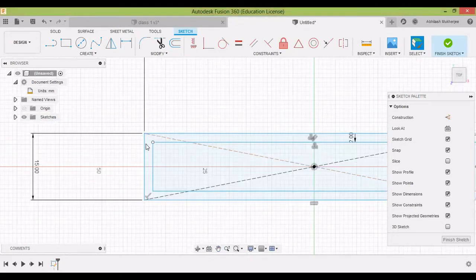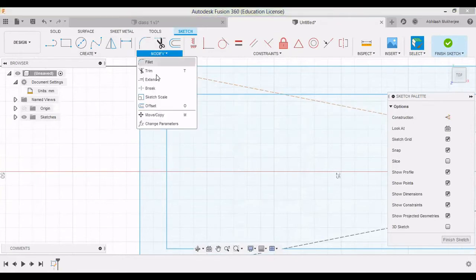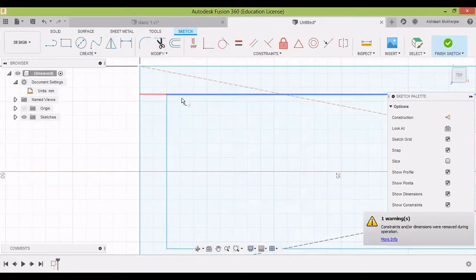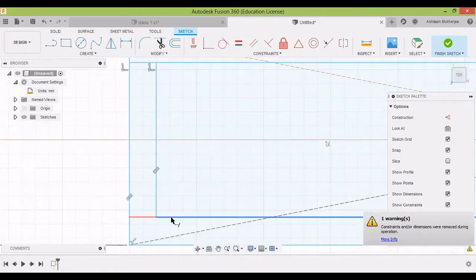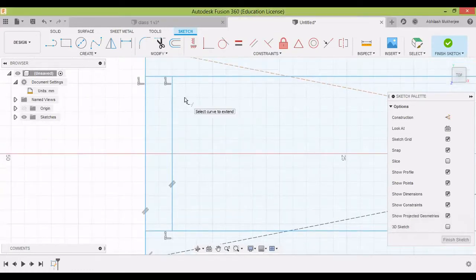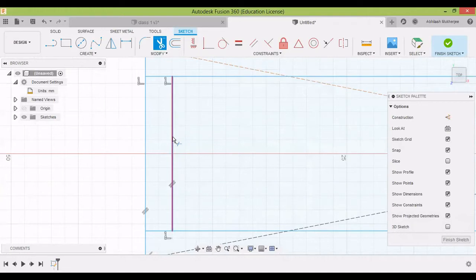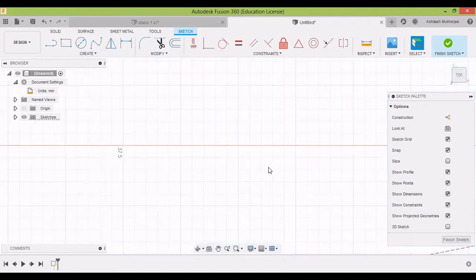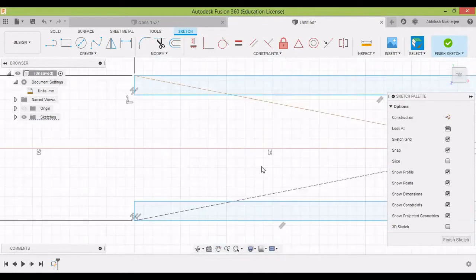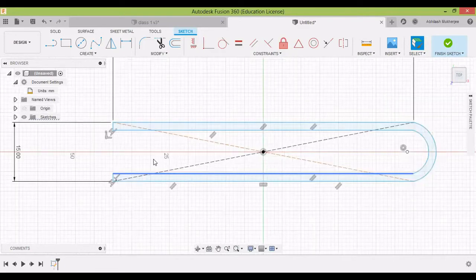Now we have to make the end of this tweezer. To make the end of the tweezer, we have to join these lines here. So what will we do for this? There is a command called extend command. We'll click on this line and we'll click on this line. The extend command will extend your previous line up to wherever the line is at the end. So we have extended this. Hit enter. Now we don't need this line and this line, so we would use again the trim command by pressing T. We removed these two lines. Now you can see our basic structure of tweezer is ready. This is the basic structure.